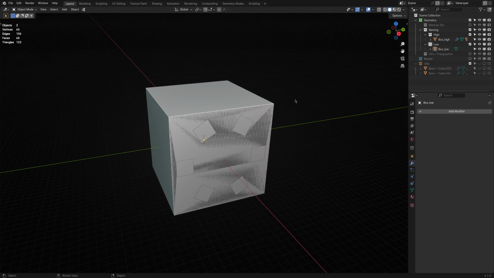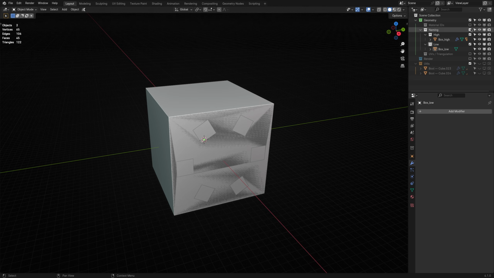You can run these operations on as many objects as you want simultaneously. Quick note, the LOD in the operator names does not refer to LODs you may be familiar with if you're creating game assets, for instance. In this case, it refers to a high and low level of detail, or interchangeably, your high poly object and your low poly object. We may add actual LODing operations in the future.